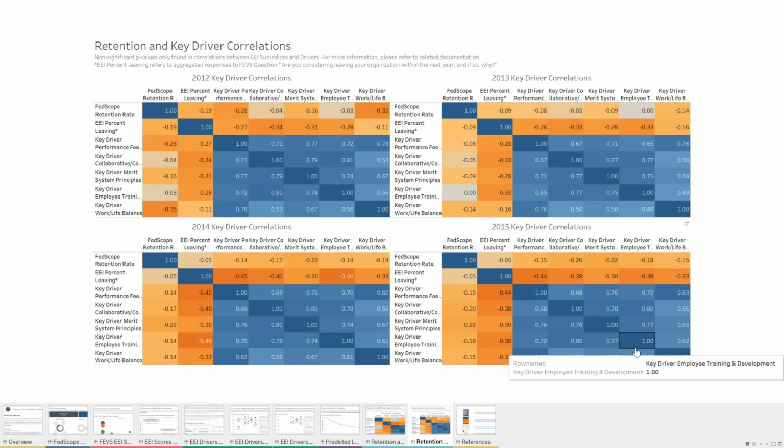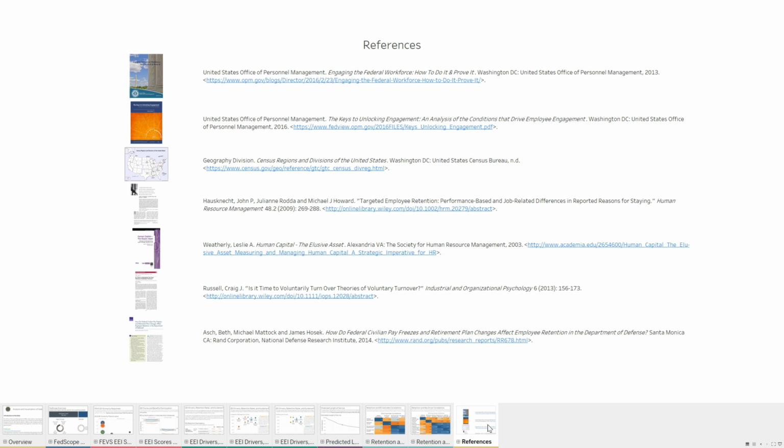And this next one is just looking at the same stuff, but for those top 5 key drivers. Again, if you want to look into some of the less significant drivers, they might be significant for your agency or department. So it's definitely a thing that you might want to look into, seeing what actually matters most for your group. And then the most important slide ever: references. Suggested reading material. This includes a lot of those reports and everything that I used to fill out the suggestions, and obviously looking at what OPM wrote as well.